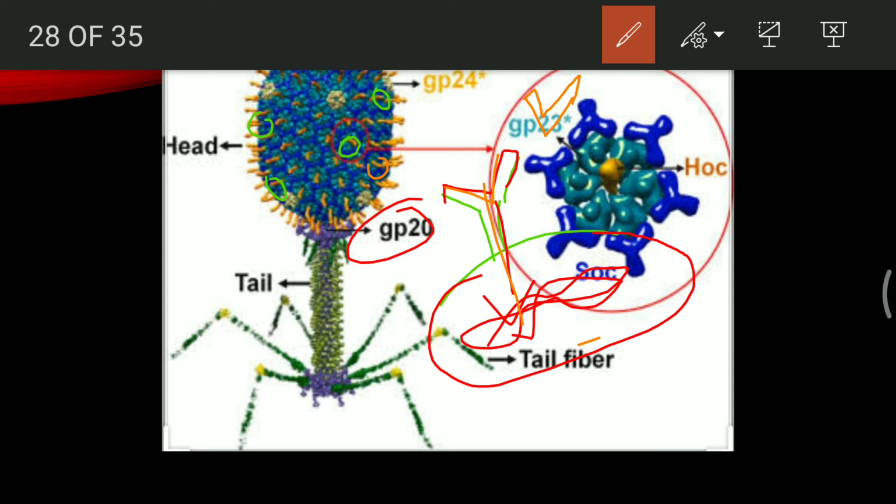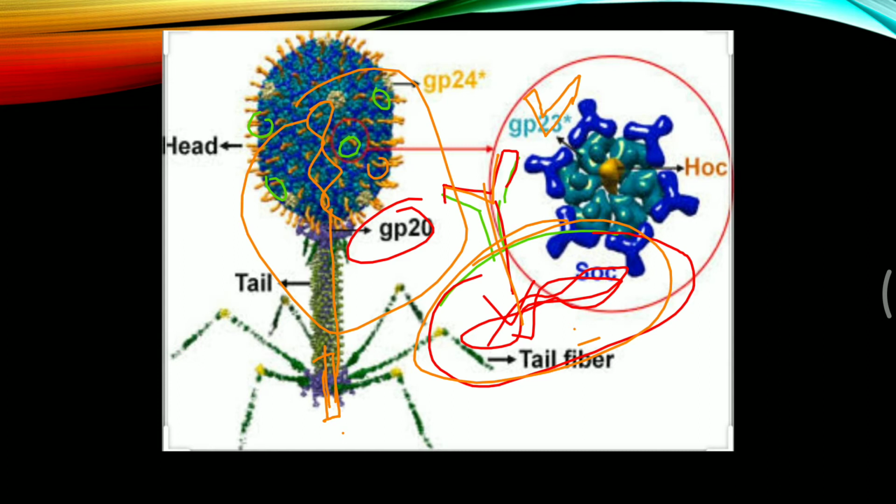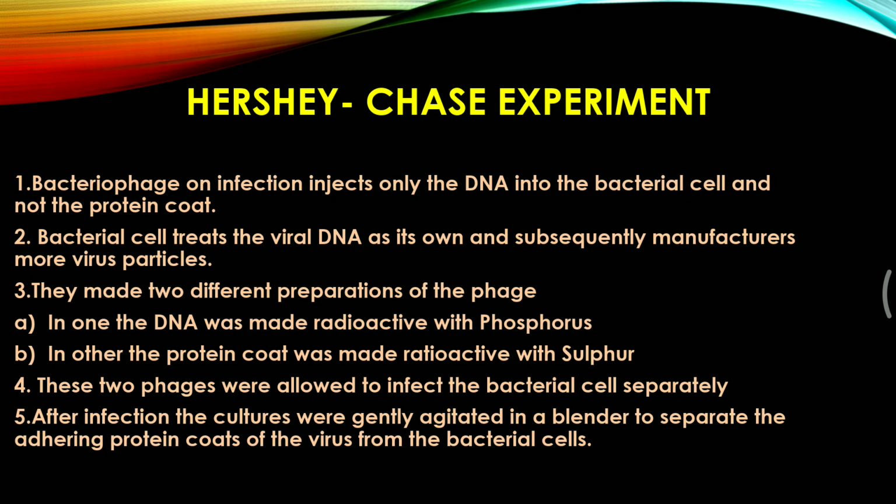Now one more thing is there, children. This movement of the genetic material of this T2 phage takes place through this place, and this is known as the collar. Please remember that. And the genetic material, as soon as it is inserted inside the bacterium, this entire thing falls off from the bacterium body, and this is how the infection is forwarded from the T2 phage to the bacterium. Now, as the bacterium divides, the T2 phage content, or T2 DNA, also divides in a similar way.